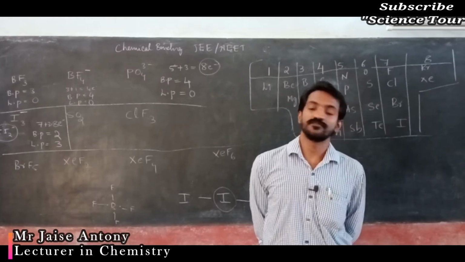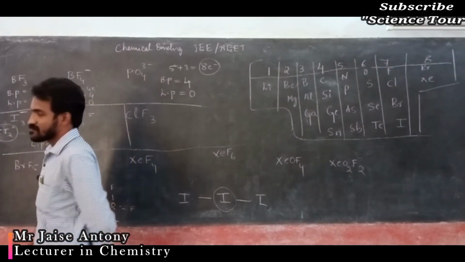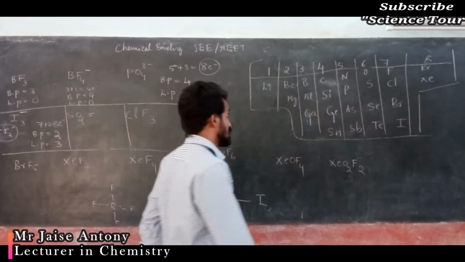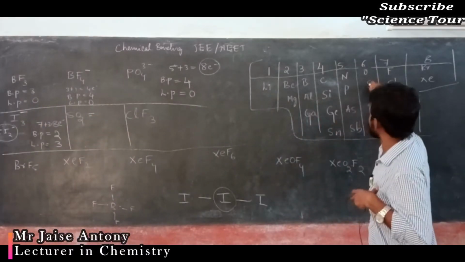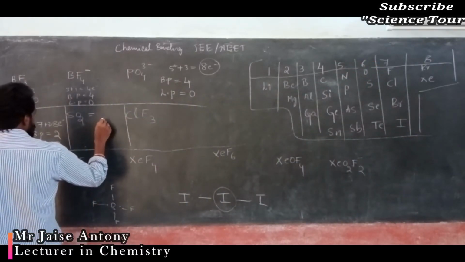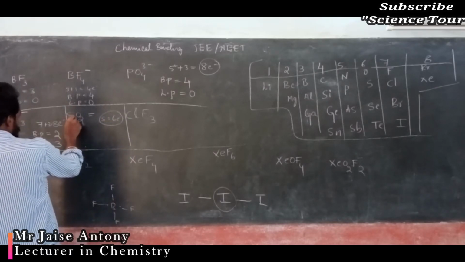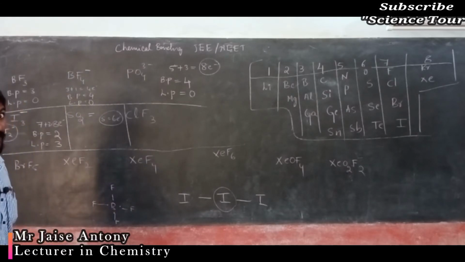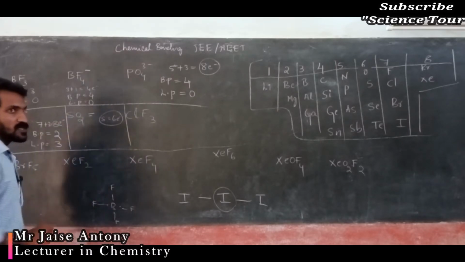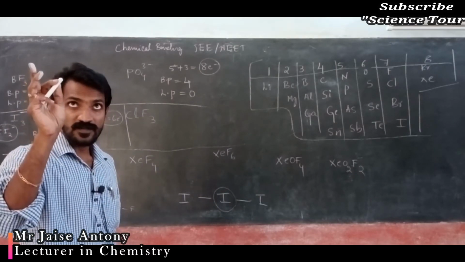Very simple. Next is sulfur dioxide, my dear students. Sulfur is the central atom. Oxygen is the attached atom. Sulfur's valence electrons are 6. Sulfur contains 6 electrons. Here sulfur forms bonds with the oxygen. Oxygen is divalent, it forms two bonds. That means for the 2 oxygens forming bonds with the sulfur, oxygen forms double bonds.